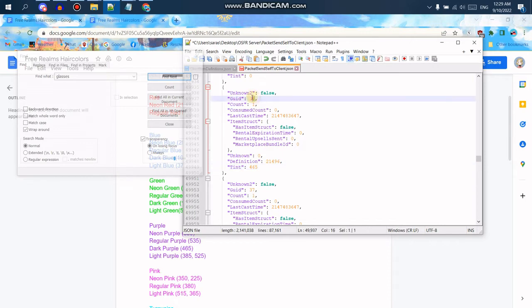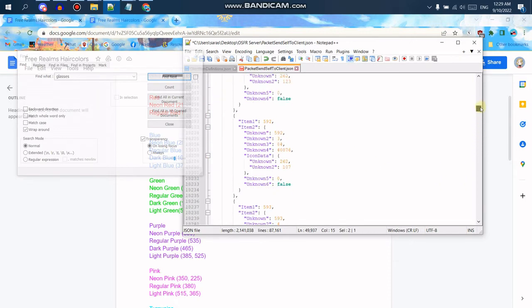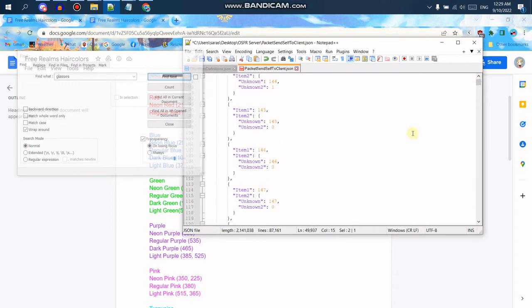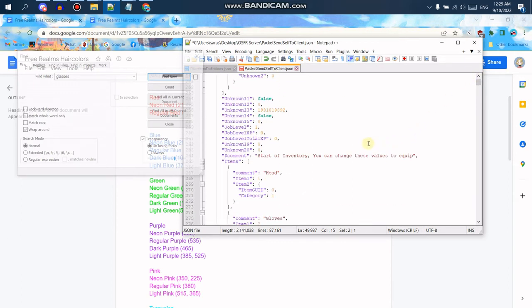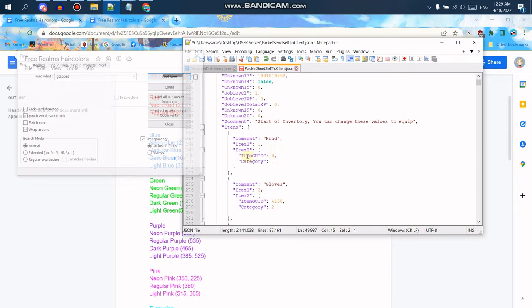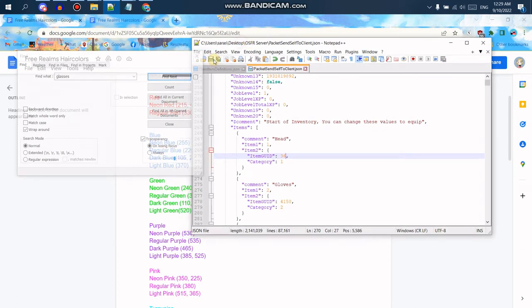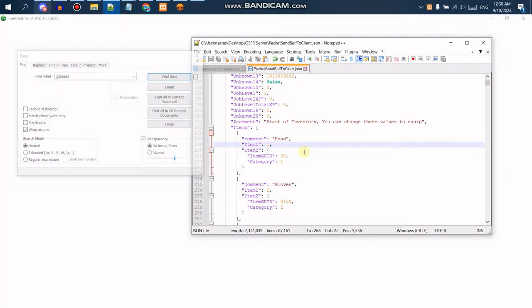And then I have my GUID copied, and I'm going to scroll all the way back up, and then I'm going to scroll down from there to my head, and here is where I'm going to paste the item GUID. And there we go. And then we're going to save that. And just to show you that I now have purple blacksmith glasses on, I'm going to go ahead and open up